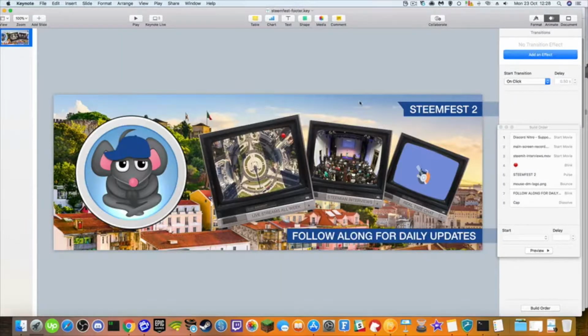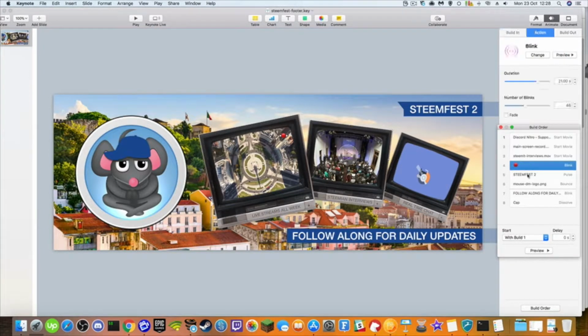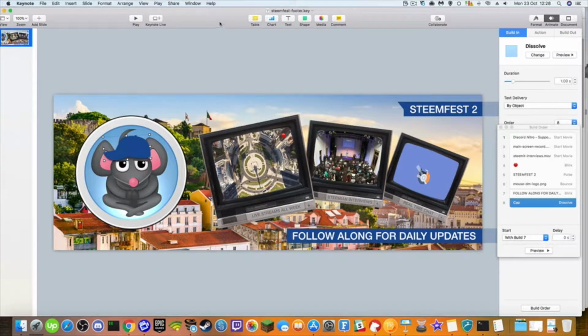Okay, so I'm going to take this little header animation that I've made in Keynote, and it's only like 8 different layers just animated. It probably took a couple of hours to put it all together. But what I do is I've made this up in Keynote, and I need to convert this from a movie